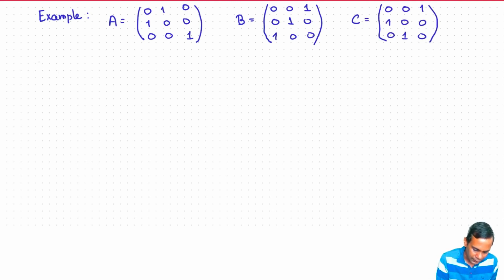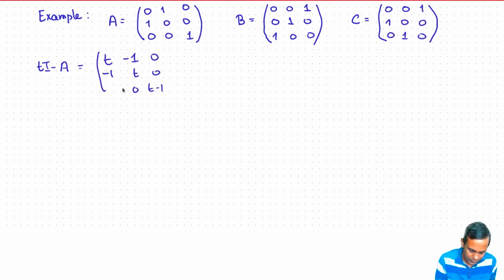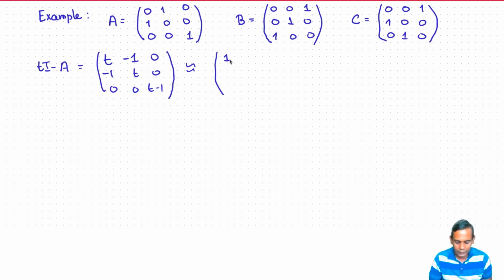So now we have tI minus A, which is t, minus 1, 0, minus 1, t, 0, 0, 0, t minus 1. As in all the examples we've seen so far, the GCD of the entries is just 1. And now let's look at the 2 by 2 minors. Here we've got a 2 by 2 minor t squared minus 1. Here we've got a 2 by 2 minor t into t minus 1. And then here another, so there are